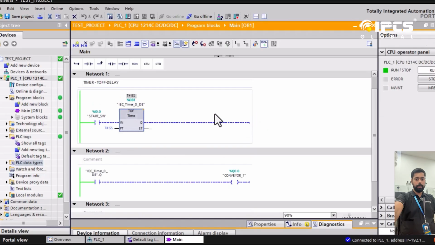The next is the off delay timer. The off delay timer has a specialty that when you turn on the switch, at the same time the timer gets activated, the timer gets the power supply, and you'll get the done bit activated, so that the output will be turned on. But as you can see, the timer is not working, its accumulation, the current